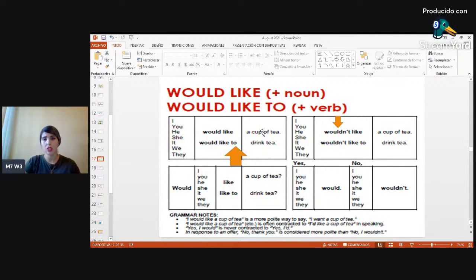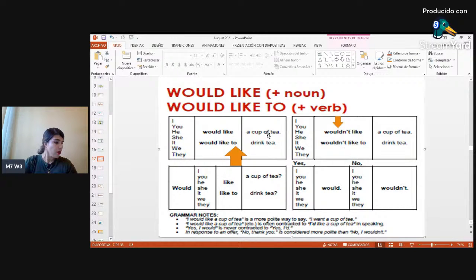Aquí sería nuestro sustantivo. No es una acción. Están hablando de un objeto o de algún servicio. Usarlo pero con otro verbo. Entonces aquí podríamos unir I would like to drink tea. Me gustaría beber té. Entonces aquí cuando es un verbo like y quiero agregar otro verbo como el de drink, tengo que separar el "to".